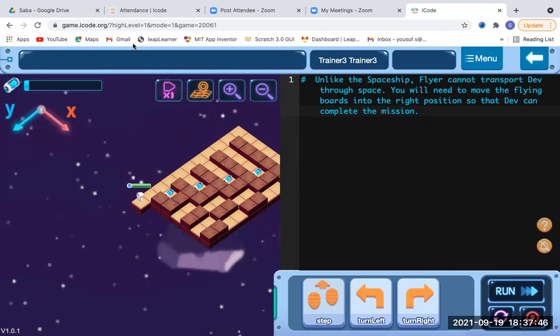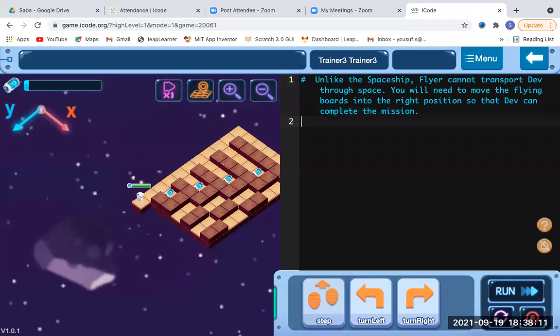Before starting the project, you need to understand the complete hashtag line, what it is telling. It has been written: unlike the spaceship, flyer cannot transport Dave through space. You will need to move the flying boats into the right position so that Dave can complete the mission.